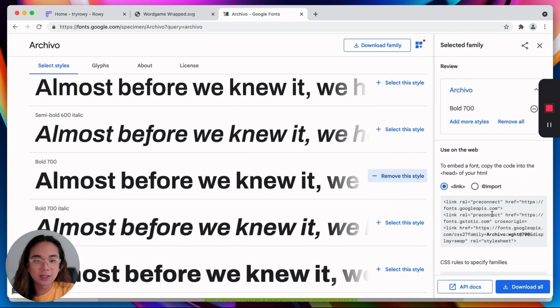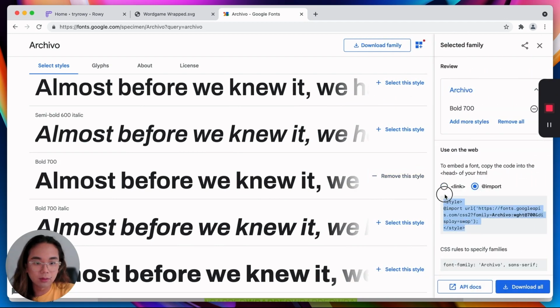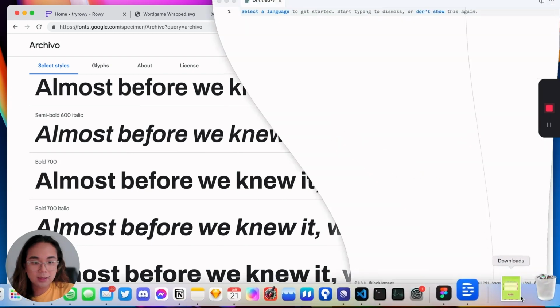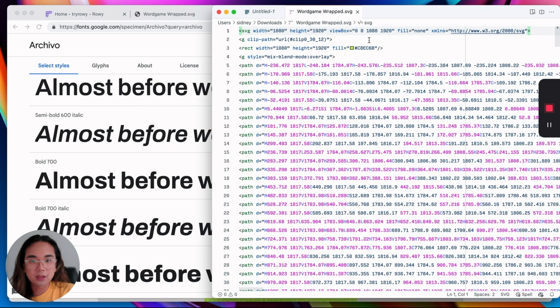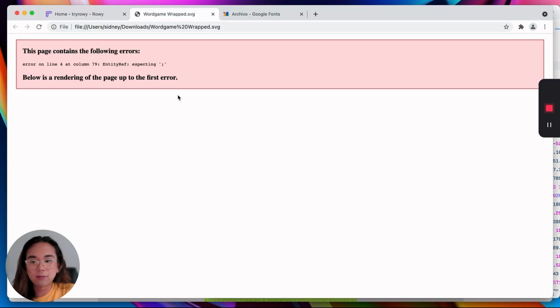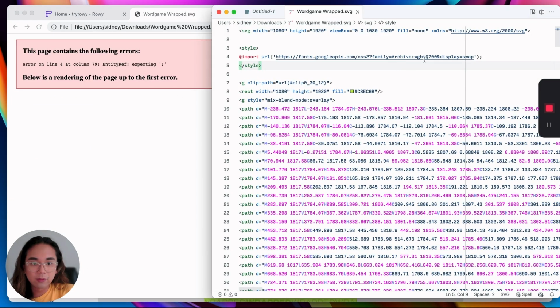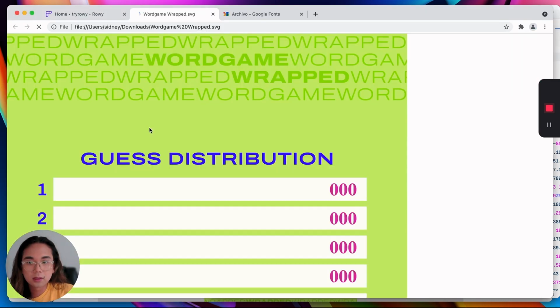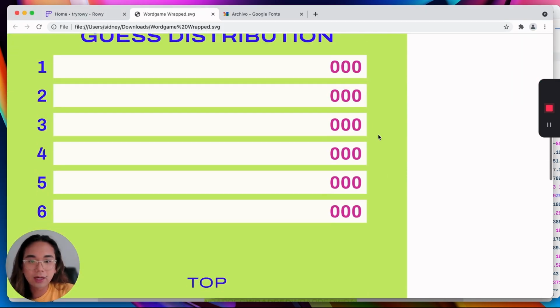From my testing, I found that having the import syntax works the best. And let's open this SVG in VS Code as well. And let's just add it to the top here. And it looks like we're having a syntax issue. Now from memory, that's because SVG doesn't handle this part of the URL very well, where you have a second query parameter after the ampersand. So if I get rid of this ampersand and everything that comes after it, it will render correctly. And now we have all the fonts.